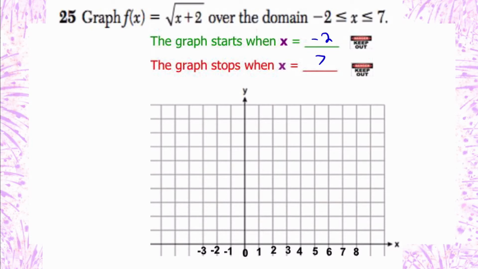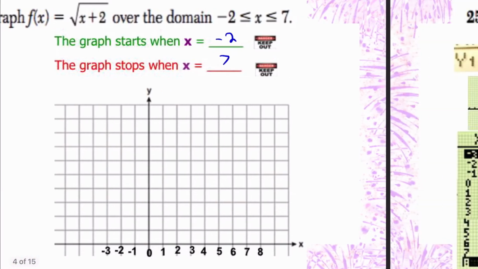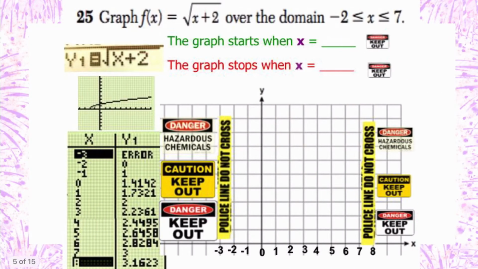You don't want to graph beyond that. It's kind of like there's keep out signs. Anywhere past that, it's forbidden. So let's actually work on graphing this. And the next slide is going to be a little overwhelming, but I'm going to explain. So this whole keep out section here and here, that just means we're not going to graph in those areas. It's just to remind you, nope, can't cross there because we're going to start when x is -2 and stop